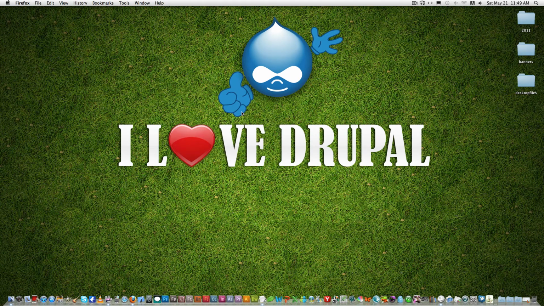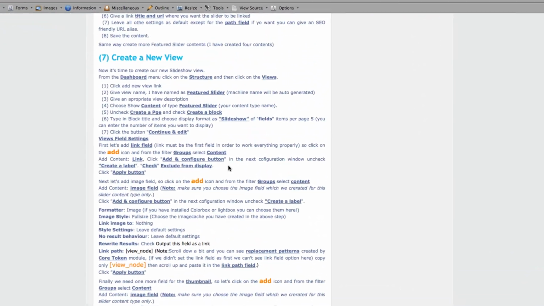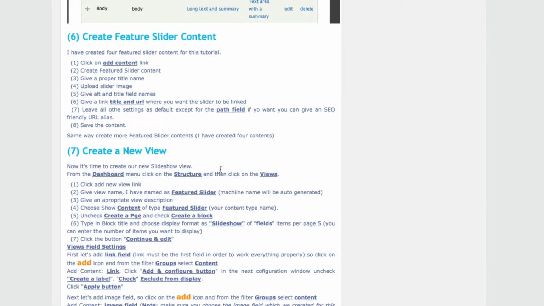Hi friends, today I'm gonna show you how to install and set up the View Slideshow module on your Drupal 7 site. As usual, first let's take a look at the necessary things we need to create a View Slideshow